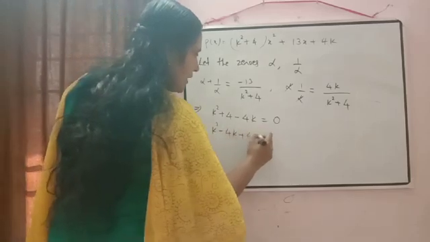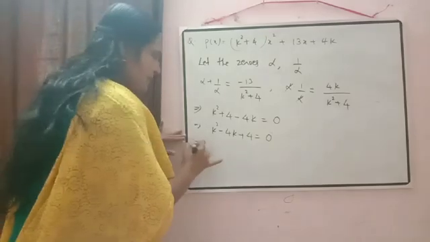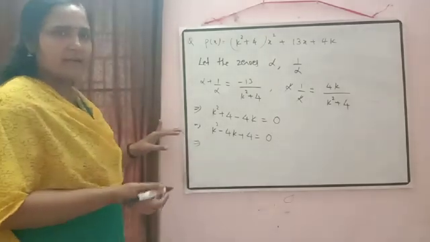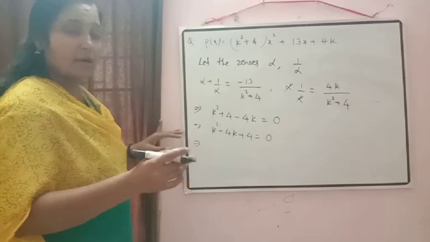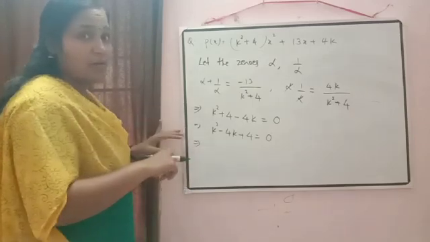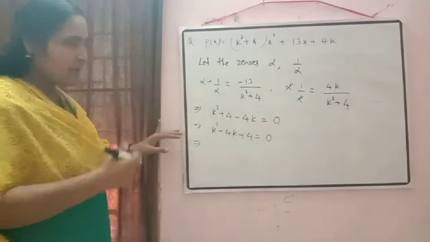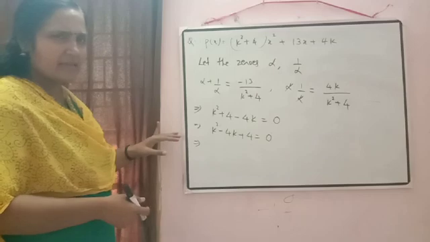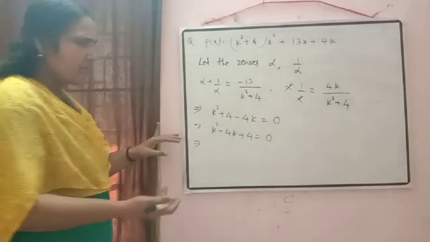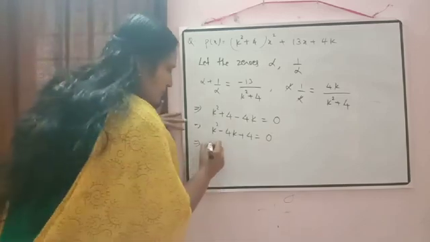So I think you know how to solve the quadratic polynomial. Yes, either by splitting the middle term or by quadratic formula. But since this chapter is polynomials, quadratic formula is coming in chapter 4, so we cannot use that. So better, can we do factorization? No problem. Or you can check, it is in the form of an identity also. If you don't know that one, you can use factorization.